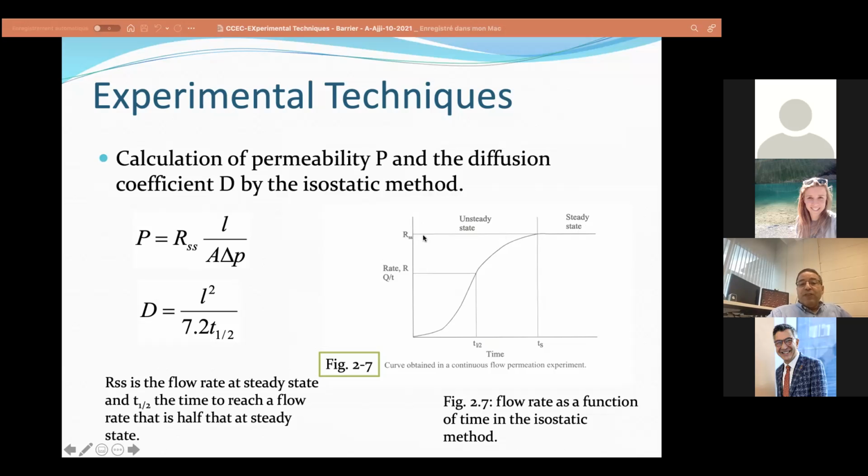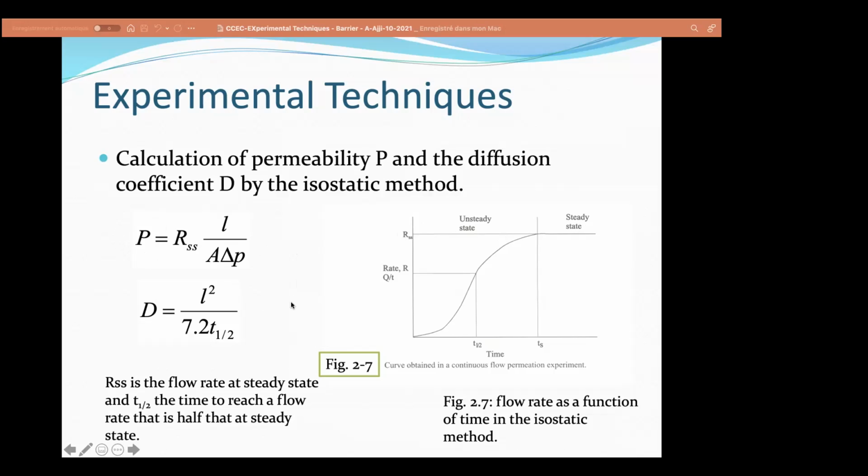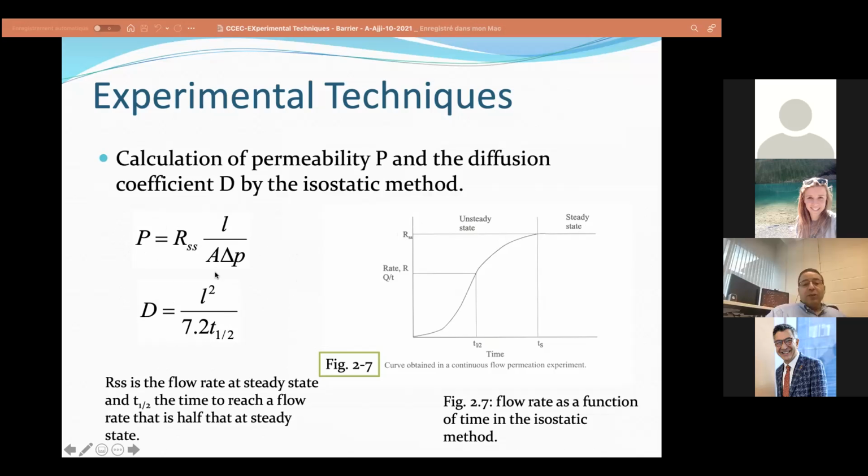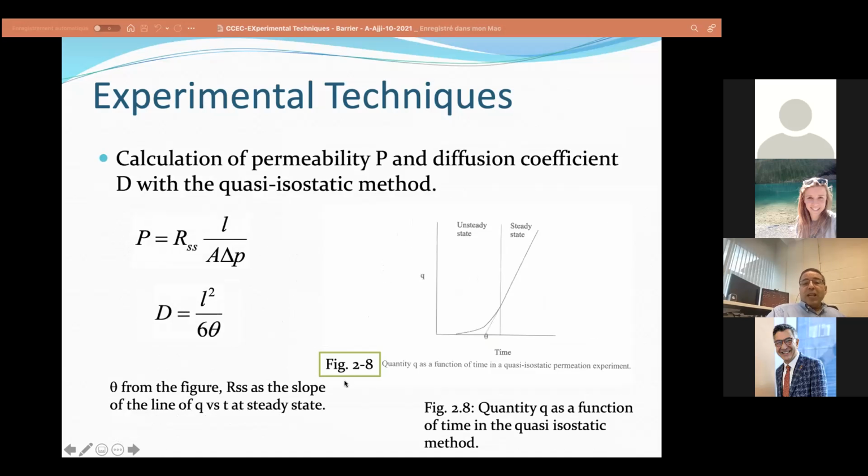So if we call it RSS, then your permeability P will be RSS L divided by A delta P. So RSS is just basically the amount Q divided by time, and you have the permeability definition. And you can also derive the diffusion coefficient from the half time that is designated here in the curve. For the quasi-isostatic method, in which you have a constant increase of permeant gas, then it is the slope,